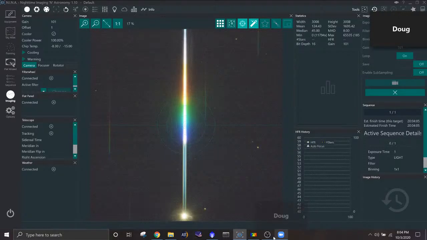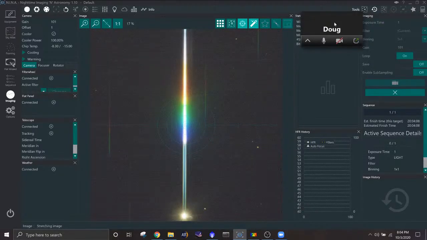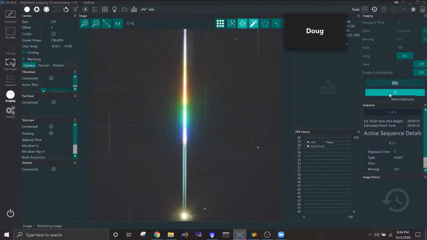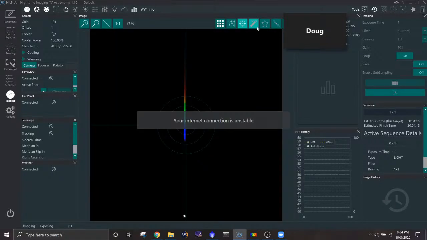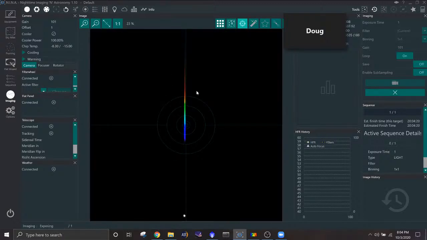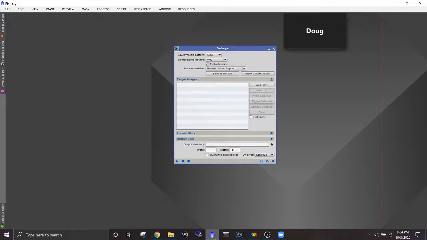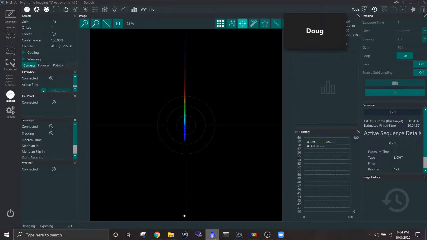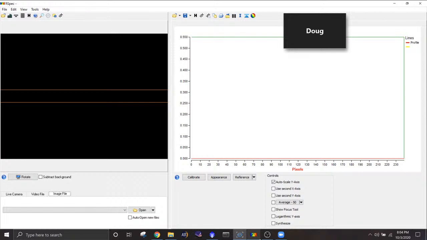That's a better view. Okay, so I think we can start. That's an image of the star at the very bottom of the screen. Yeah, this is unstretched, and that is stretched over here. This is just the capture software. So this is what I'm going to use to take the images of the spectra, and after that, I'm going to take it in here to do some quick processing, and then we can view what the actual spectrum looks like in graph form. So first,